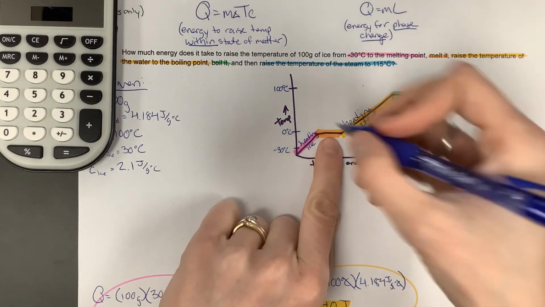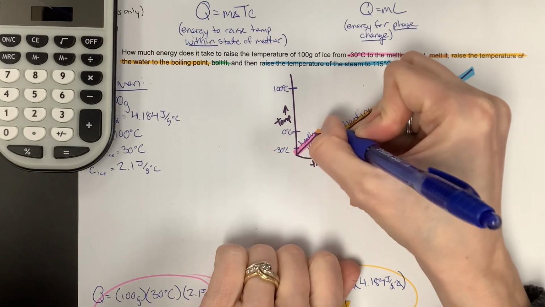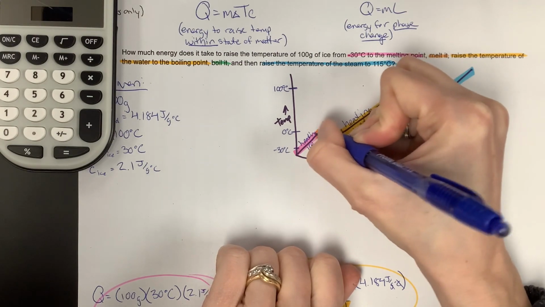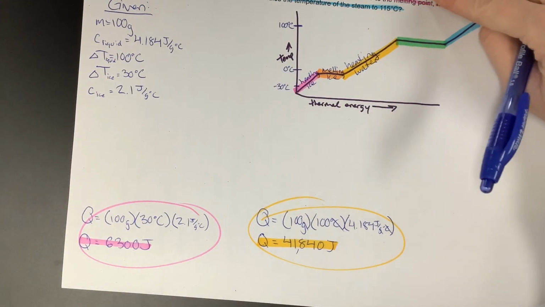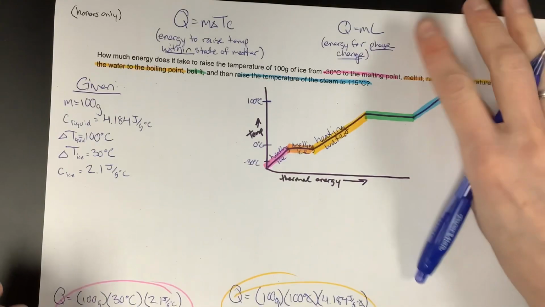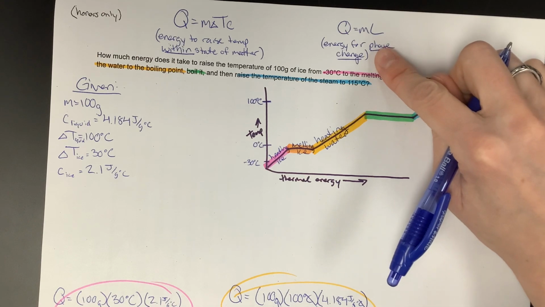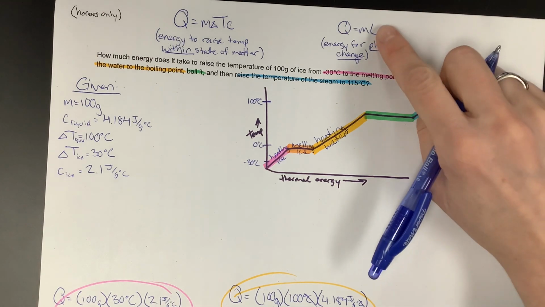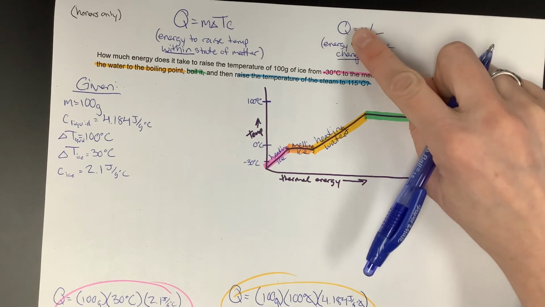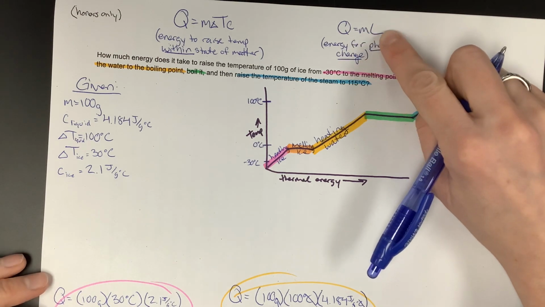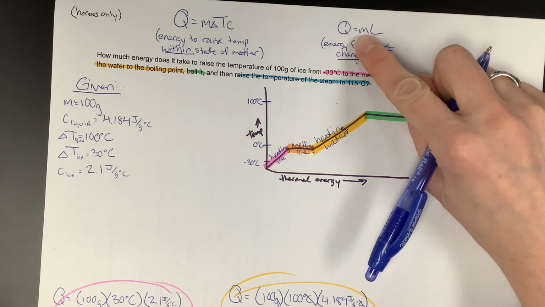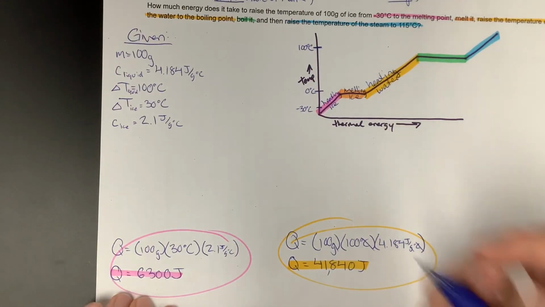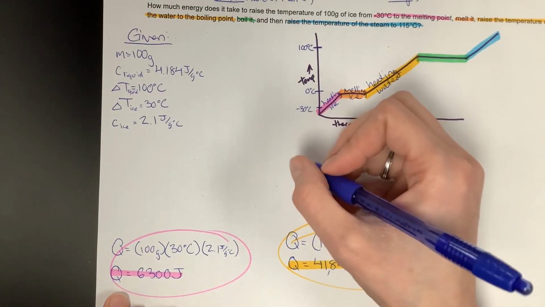Okay, next part right here is melting that ice. So now I'm doing the phase change up here. Oh dear, could you see any of that? This part now, if I'm doing the phase change, I want to know how much energy that takes. It's going to be the heat of fusion times the mass. So heat of fusion, how much energy does it take to melt 1 gram, times how many grams there are. So that's going to be